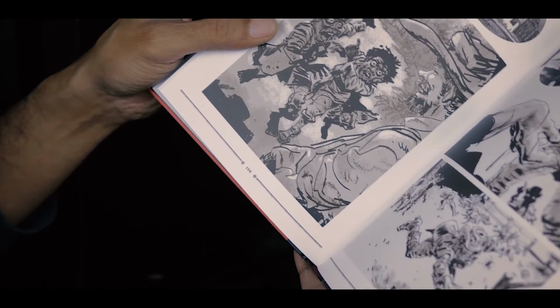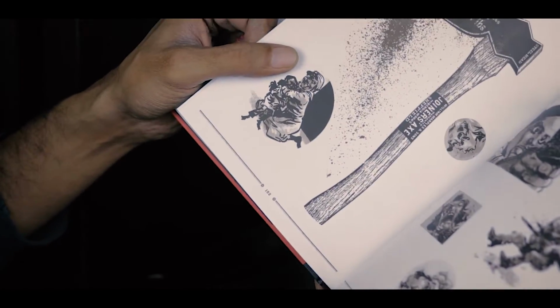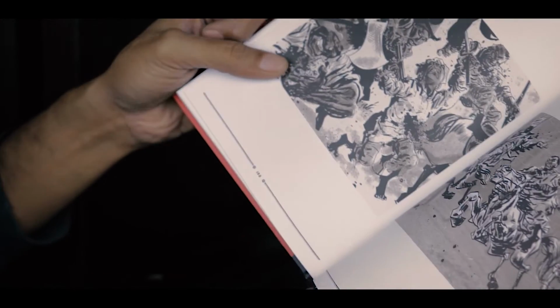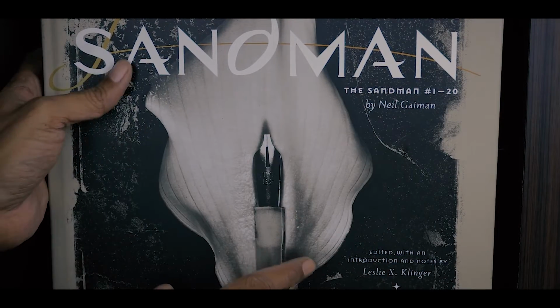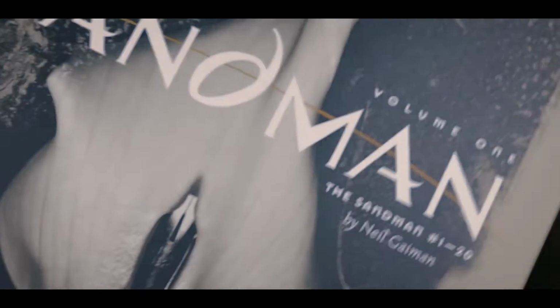This is a terrific job of telling a very interesting story in an extremely unique way, and shows you artwork, layout, and composition in a practically wordless book in what I consider a remarkable achievement. Covering the next section is actually this copy of the annotated Sandman Volume 1. I've picked up Volume 1, 2, and 3 of these annotated editions recently, and I think I'll make a separate